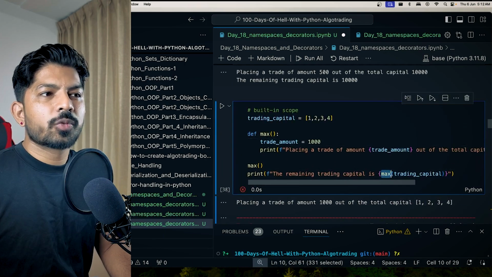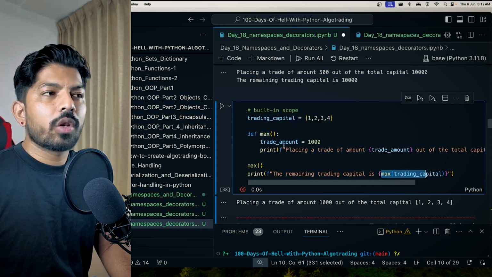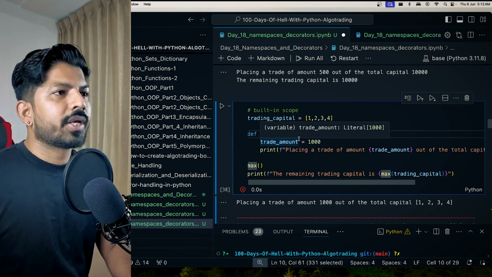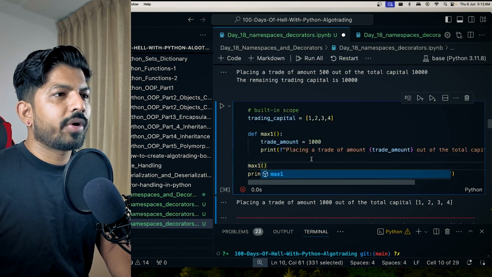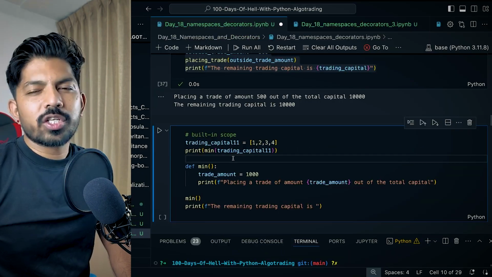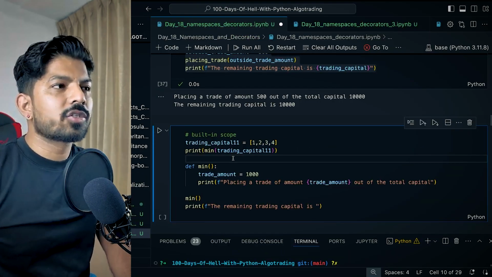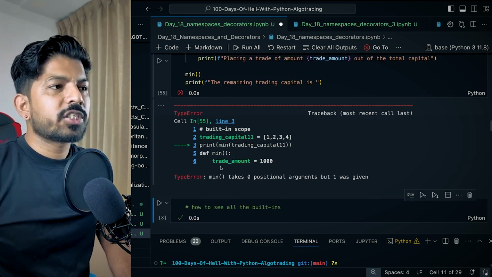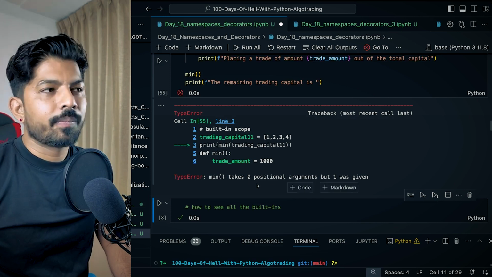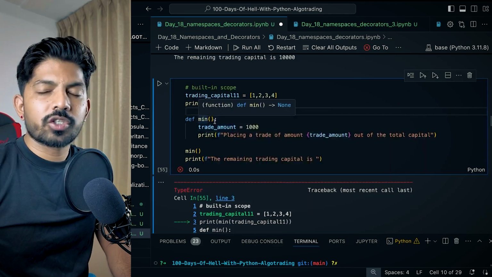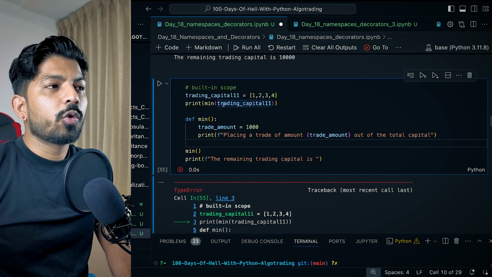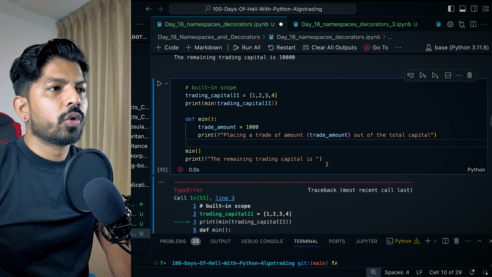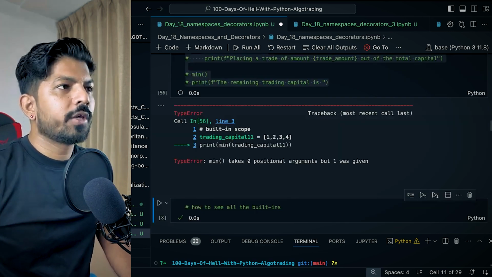If we try to write it like this, max trading capital, it will think that we are calling this function and it will not work. It will throw an error. So for that, we can just change it to max 1. And now if I hit Shift Enter, trading capital. Okay, now let's try to replace max with min, because I think max is defined somewhere else and is conflicting with this cell. Now when I try to print this minimum, it says minimum takes 0 positional arguments, but 1 was given. This is the custom function which we have just defined, but still here it will think that we are calling this function and passing an argument here. That's why it is showing an error. So if I comment this out, it will show me the minimum.